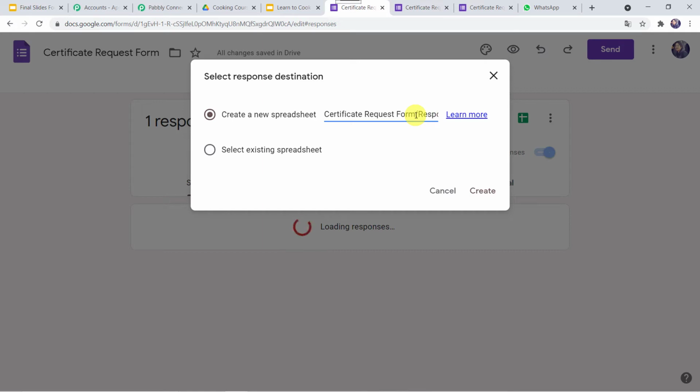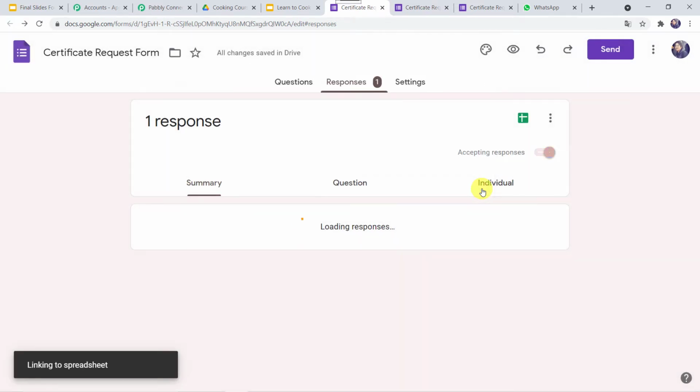So in my case, I'll just give it as certificate request form responses. Okay, and now let us click on create.